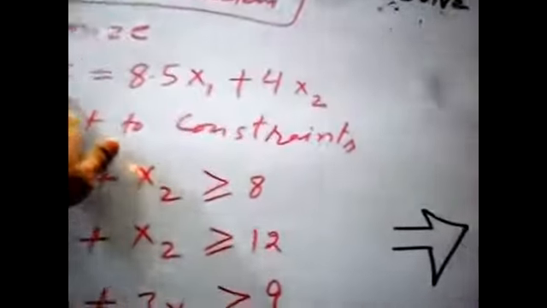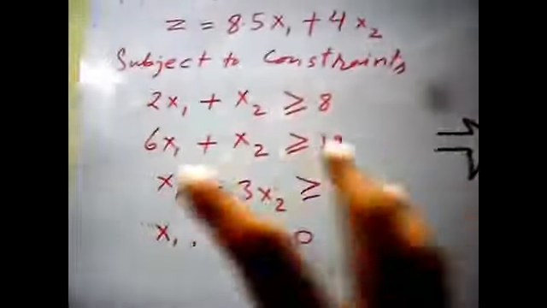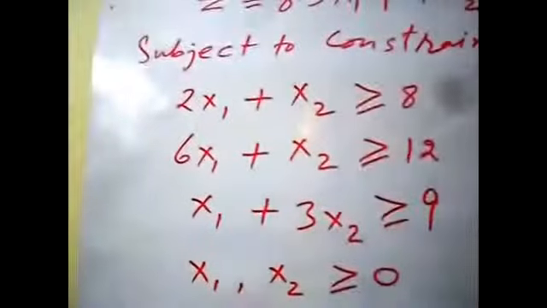Instead of writing this, we show 8, 12, 9 as the objective function, and then we convert its conditions this way: